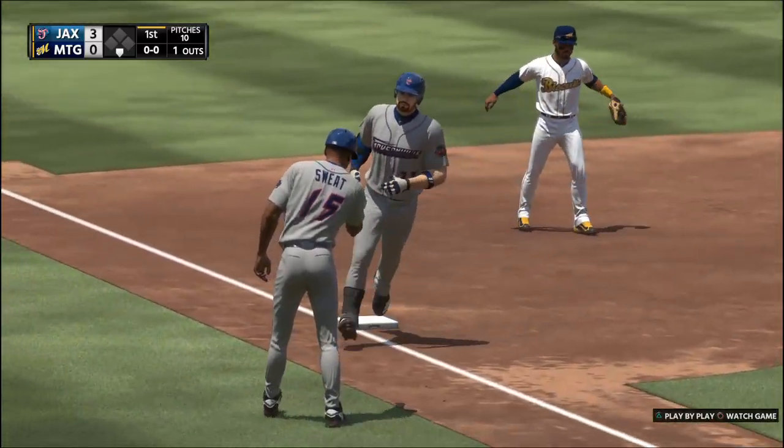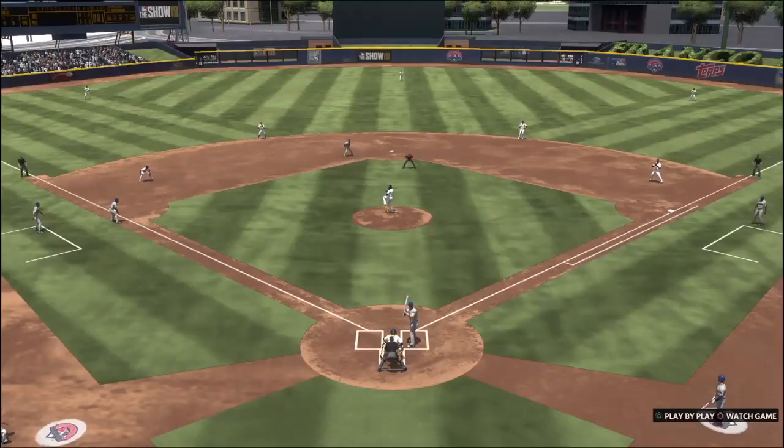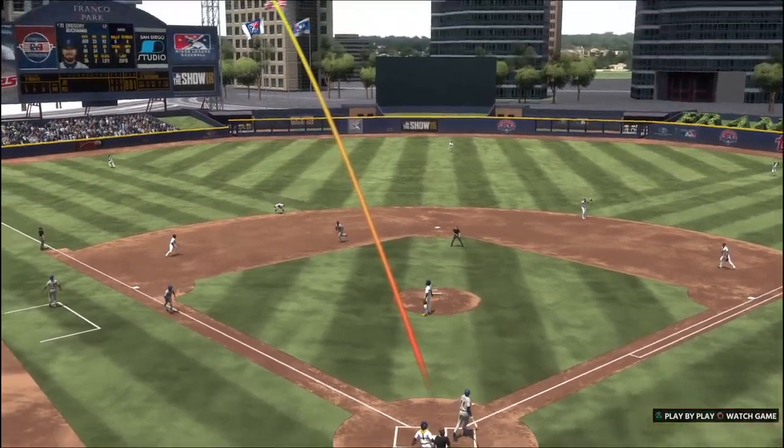So a 3-run blast to straightaway left. 24 home runs for him on the season, as it's now a 3-0 ball game. There are certain guys in every...